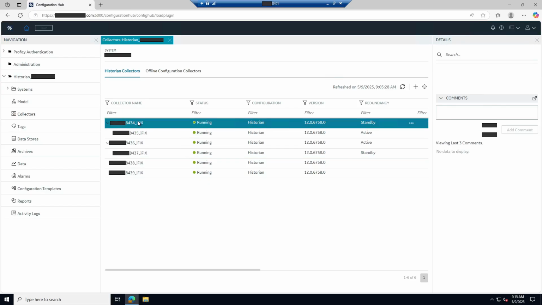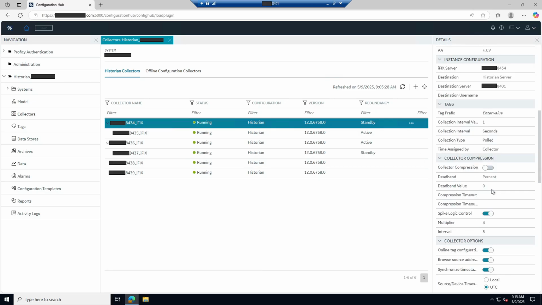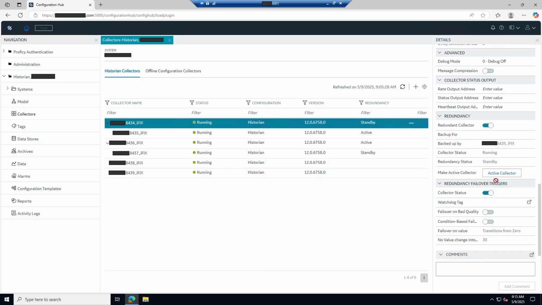So let's go ahead to 8434. And if we look over on the right in the Properties window, we can see that I have redundancy enabled. It is a redundant collector. You can see it's backed up by 8435. And for the redundancy failover trigger, I've got collector status. And what that means is if the collector itself goes into a failed state or an unknown state, the other